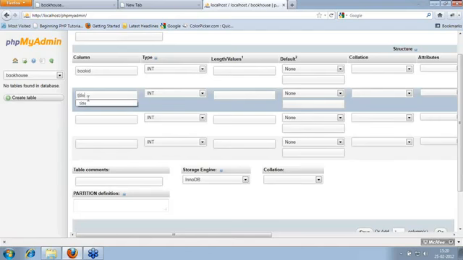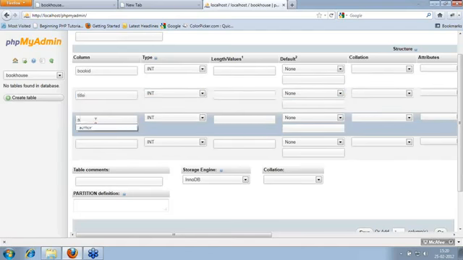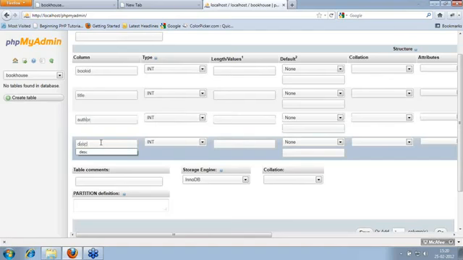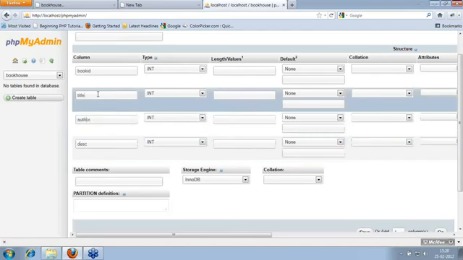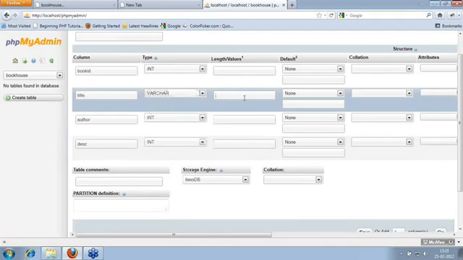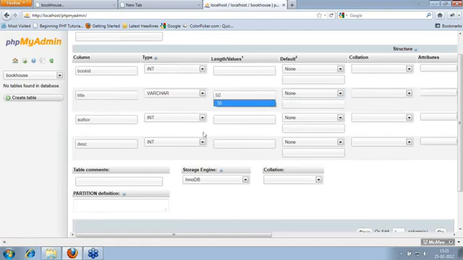So I'll say title. Then we have author. Then we have description. Now these are just the names of the columns. We need to define the type as well. Integer, we cannot use to store the title, so I'll say varchar. Varchar accepts a maximum of 255, but I don't think my title would be so long. I'll say 50 characters.